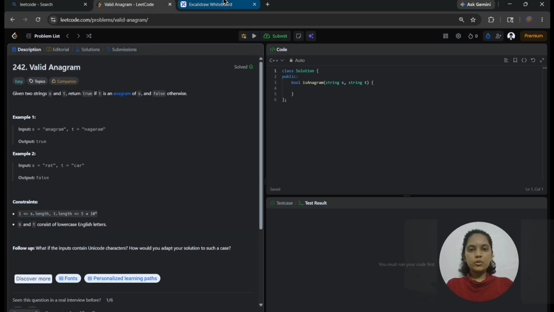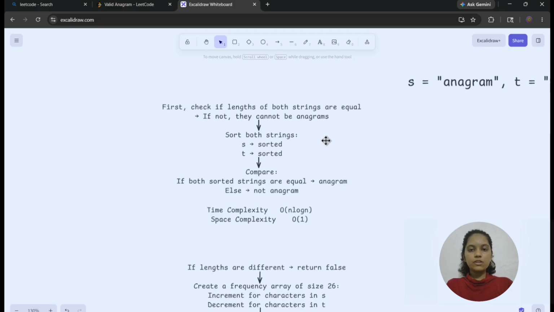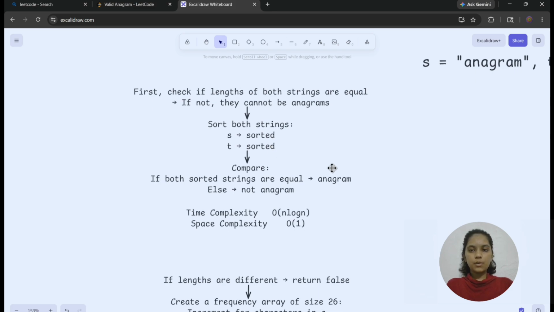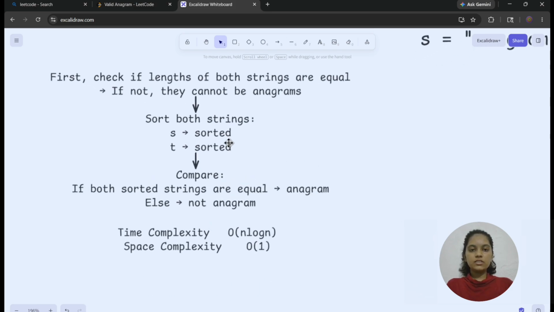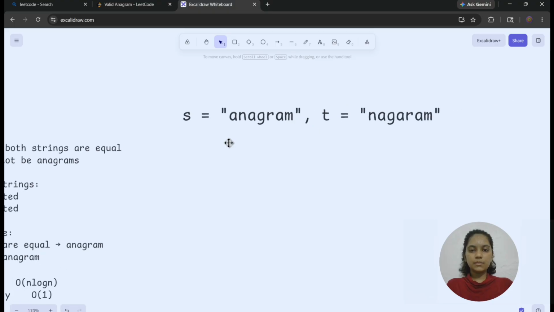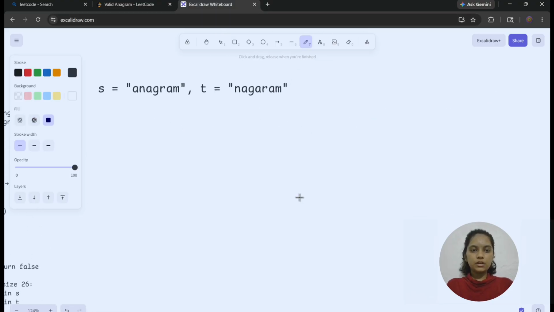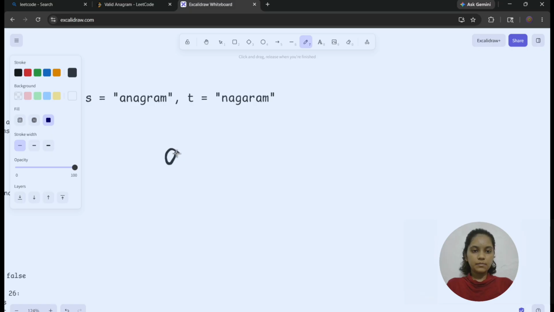So I have two approaches to solve this problem. First, I can directly sort the strings and check whether both the strings are equal or not. So this is a simple problem. Now let's see what the example says. When I am sorting both the strings, the first string becomes, all the a's come first, and after that